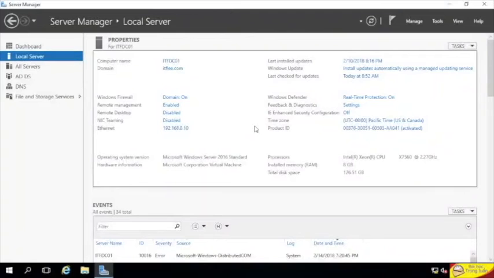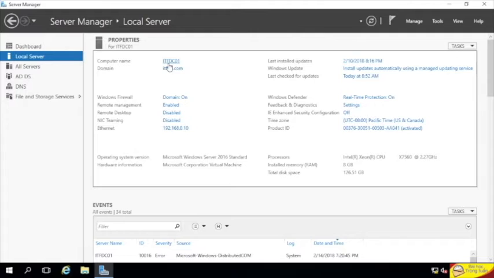Hello there, this is Instructor Paul, and in this lecture, we're going to be working in Active Directory Sites and Services. The first thing we're going to do is rename our primary site, then create a new site for our ITFDC02 subnet and move the server into the new site. We're going to create a subnet, and we're going to rename the site link that is created by default. So I'm logged into ITFDC01 here,